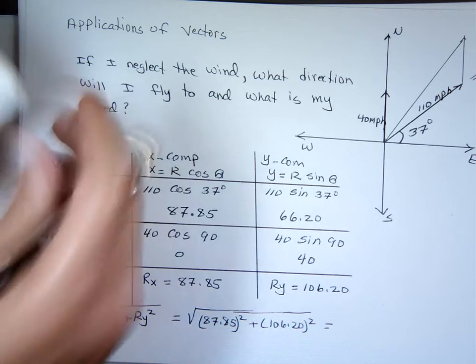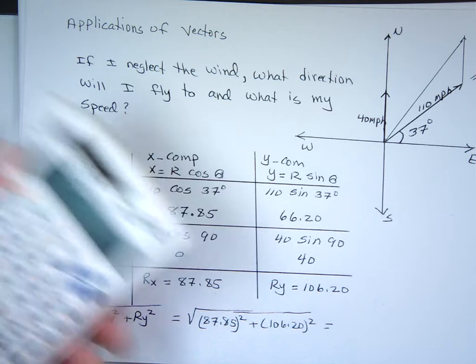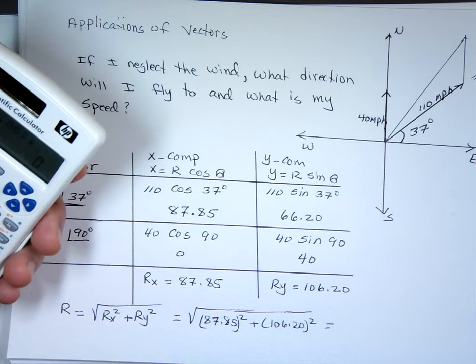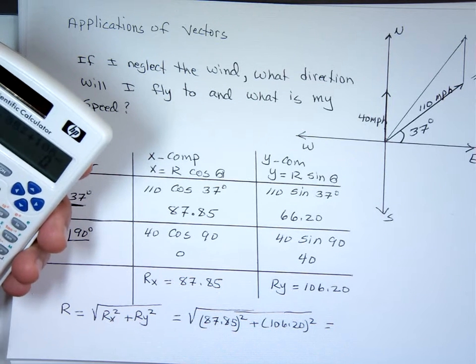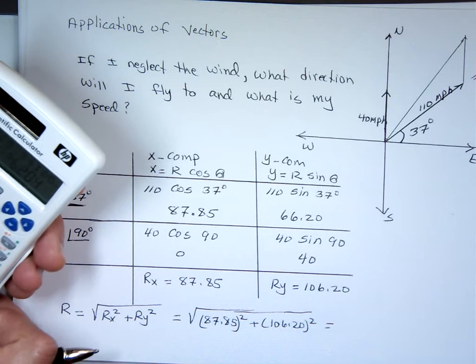And let's see what that number is. The square root of 87.85 squared plus 106.20 squared. And I got